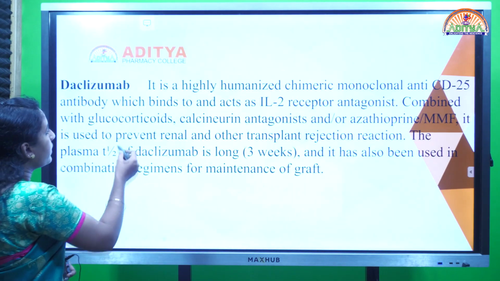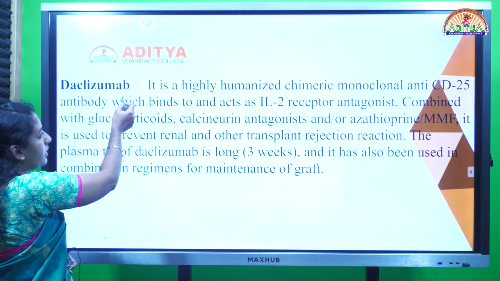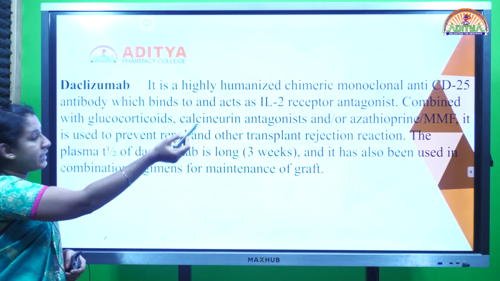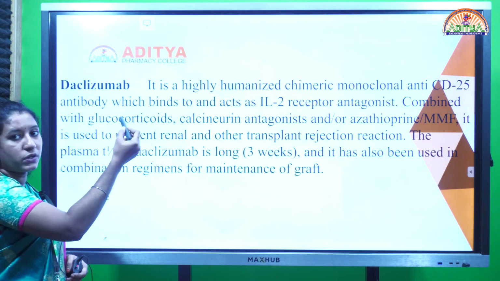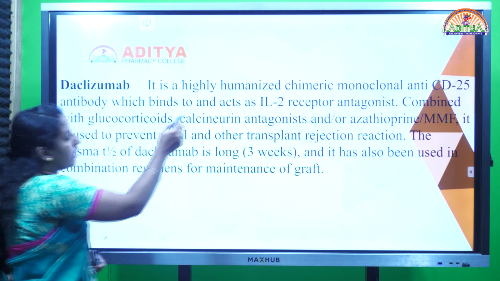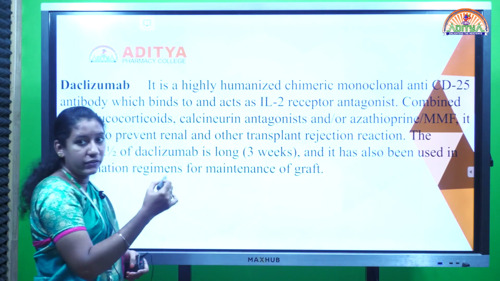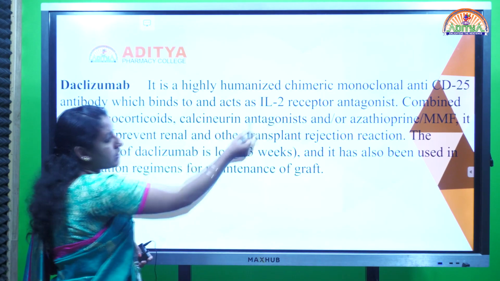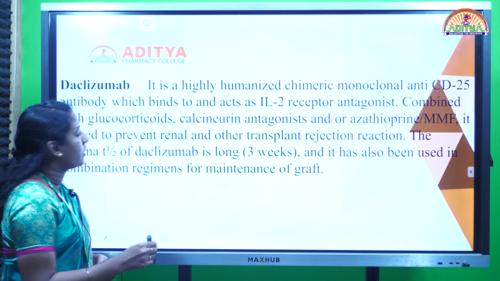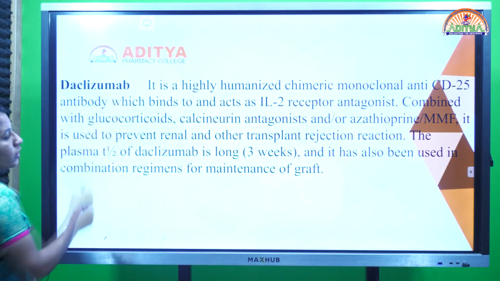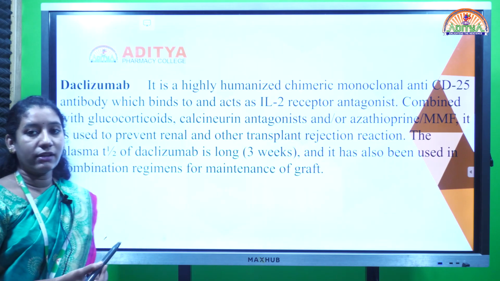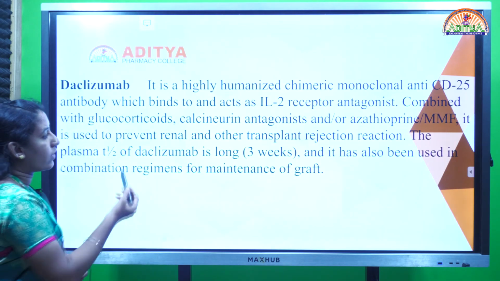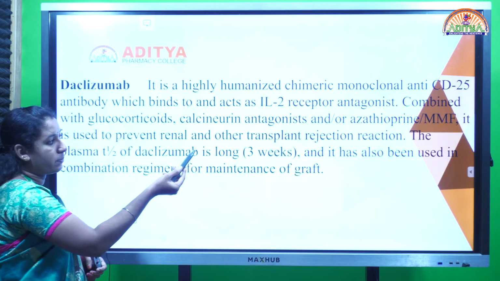So daclizumab is a monoclonal anti-CD25 antibody. It binds to CD25, and in place of CD25 it can grasp the affinity and next it will inhibit the IL-2 receptor activities. It can be given along with glucocorticoids and calcineurin inhibitors like cyclosporine, as well as in combination with azathioprine or